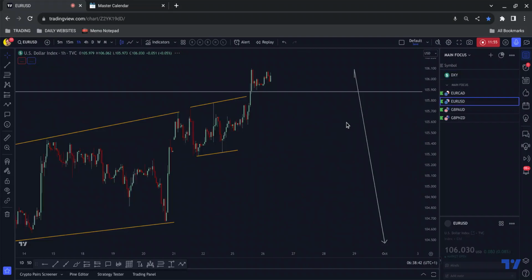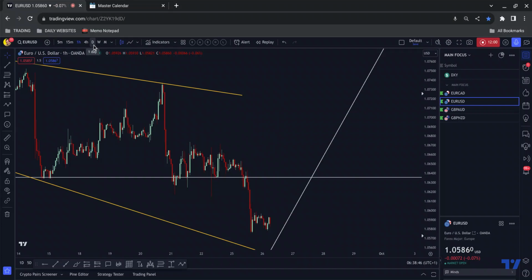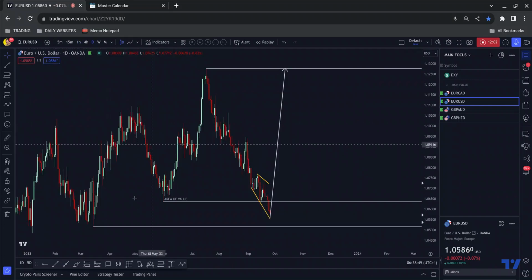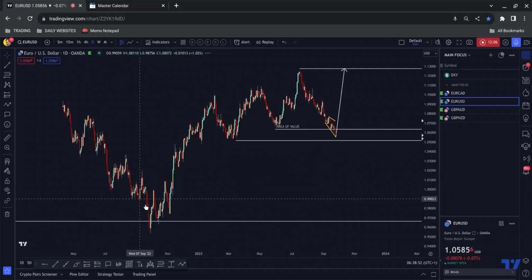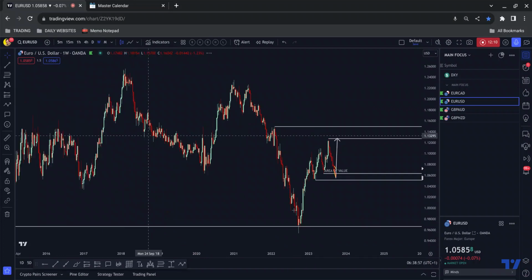So with that in mind, that means if I just drill back to euro dollar, we don't necessarily need to come all the way down here. We tapped into that area there that I was talking about a second ago. And then we have that impulse correction potential continuation to push higher, take out this low, and most likely this one as well. And if we actually just measured that,